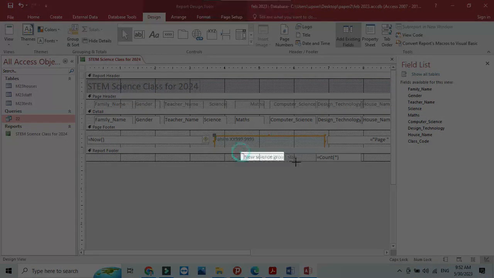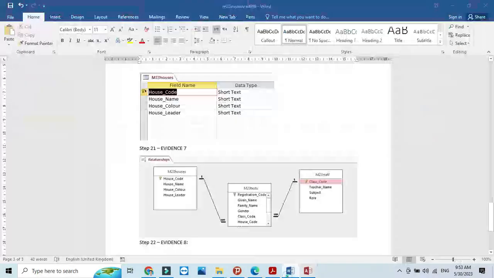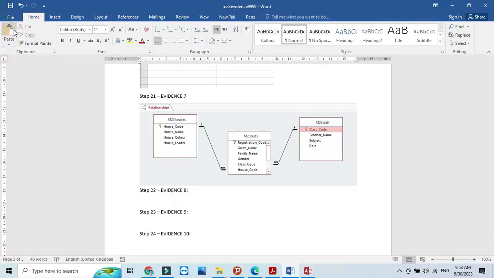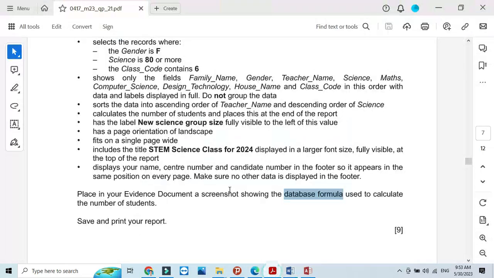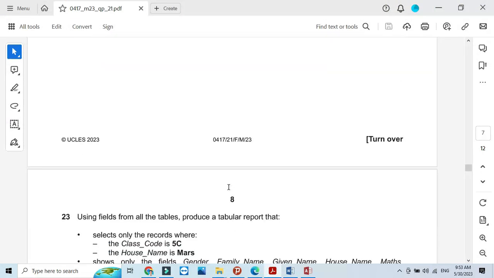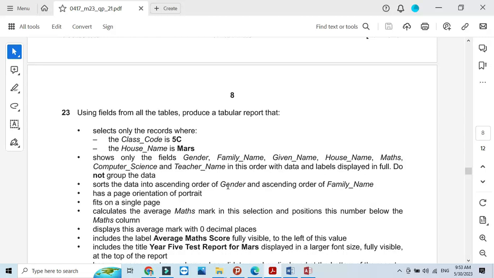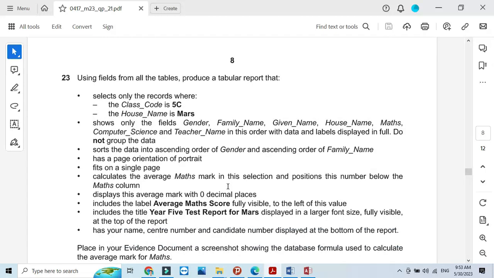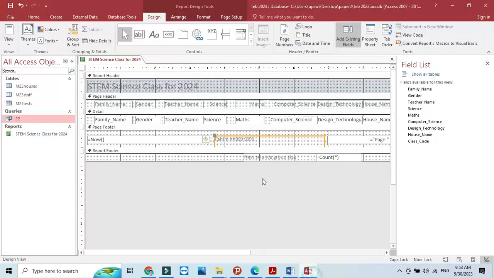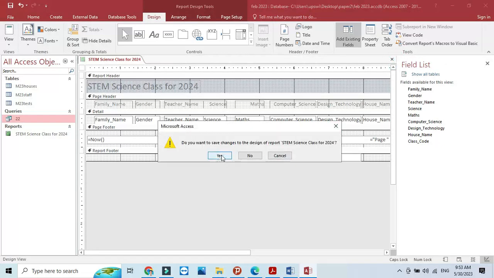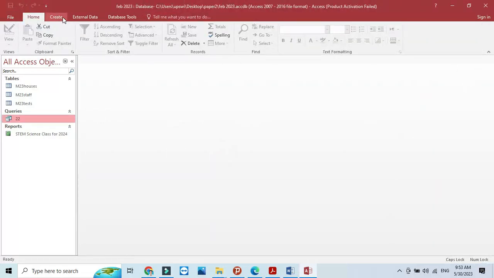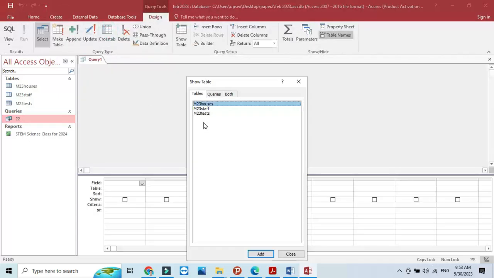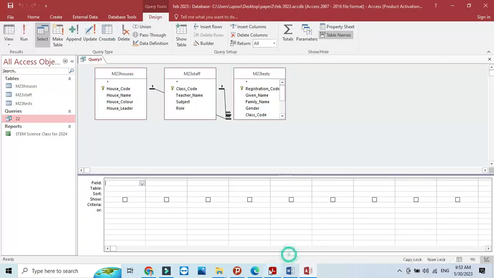and it should include gender. Now we begin again: gender, then we should have the family name, then we should have the given name. The same order, I'm moving to house name. So house name we can just simply get from here. And then we need math, computer science. Here is math, then computer science, and then we have teacher's name,